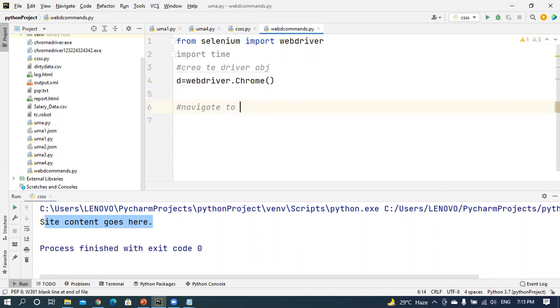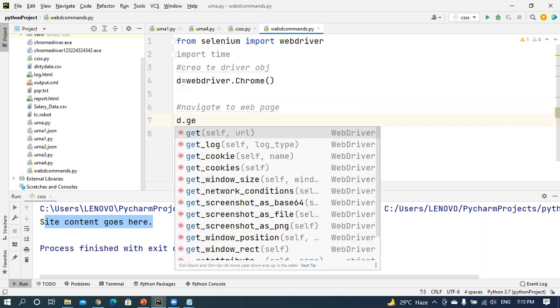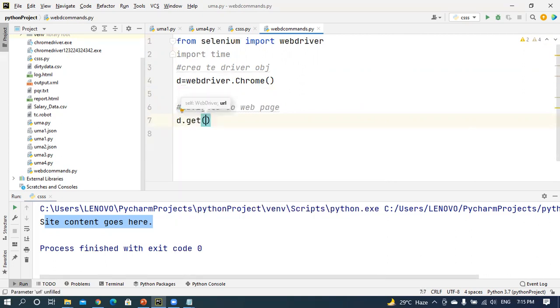You may take any web page. How can you navigate to the web page? d dot get method; here you will pass the value.